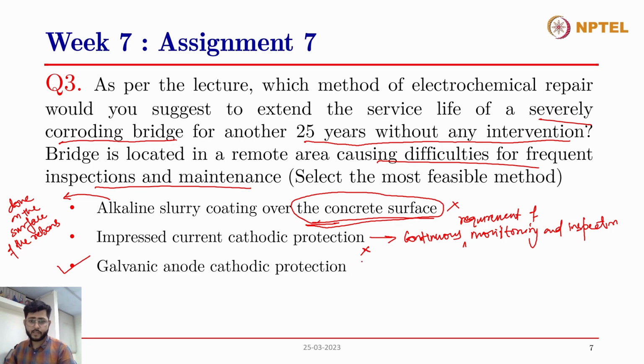What we can do is calculate the number of anodes required, and the shape and size of the anodes required, for achieving this service life of another 25 years, and we can install these galvanic anode systems in the concrete structures. We can just install it and forget about it, because there is no external circuit required,